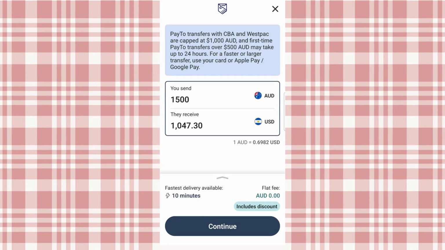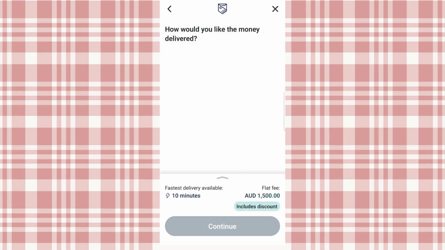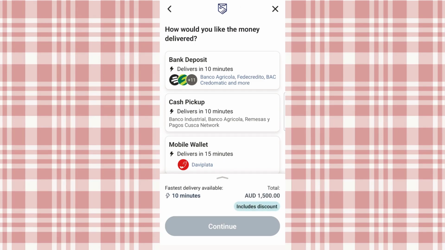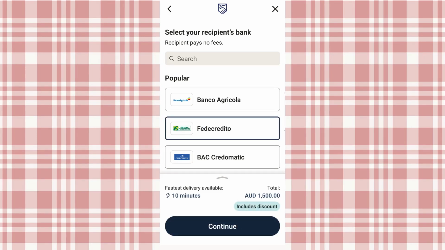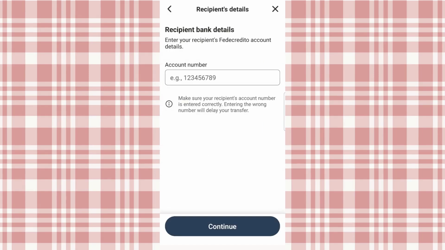Now, select the delivery method. The options available may vary, so choose the one that best fits how your recipient wants to receive the money. After that, select your payment method. This is how you'll fund the transfer, so choose the option you prefer and verify that it's correct before moving on. Then click Continue. At this stage, you'll be asked to enter the recipient's account details if required for the delivery method you selected. Fill in those details carefully, since even a small mistake can delay the transfer.